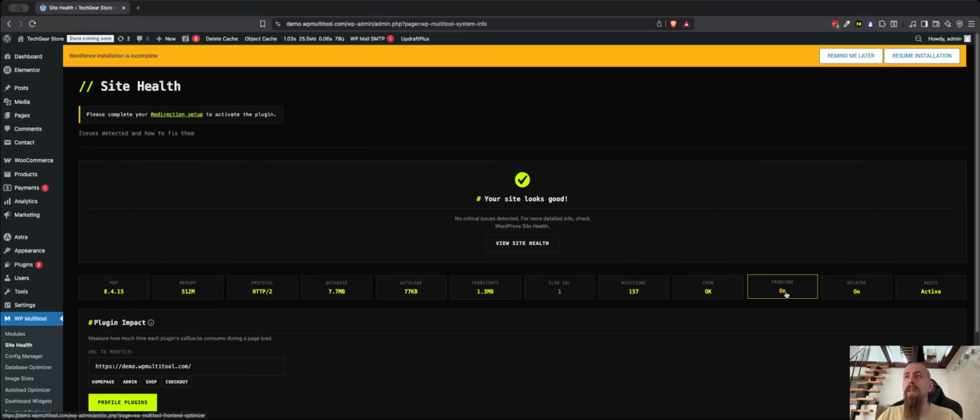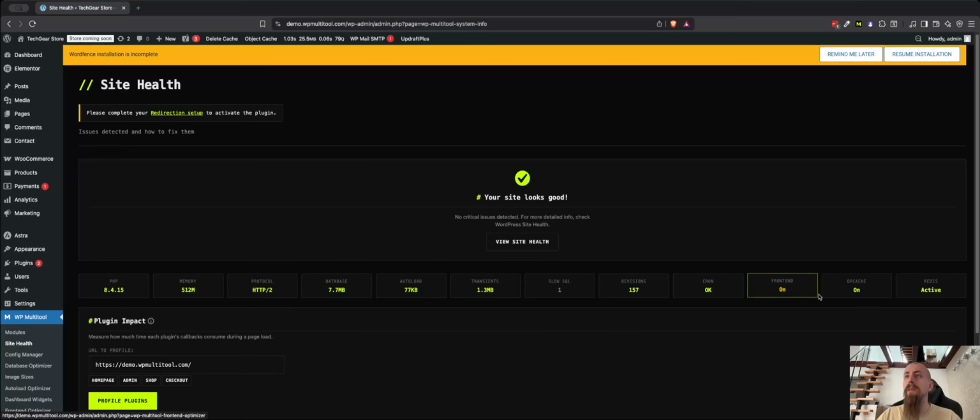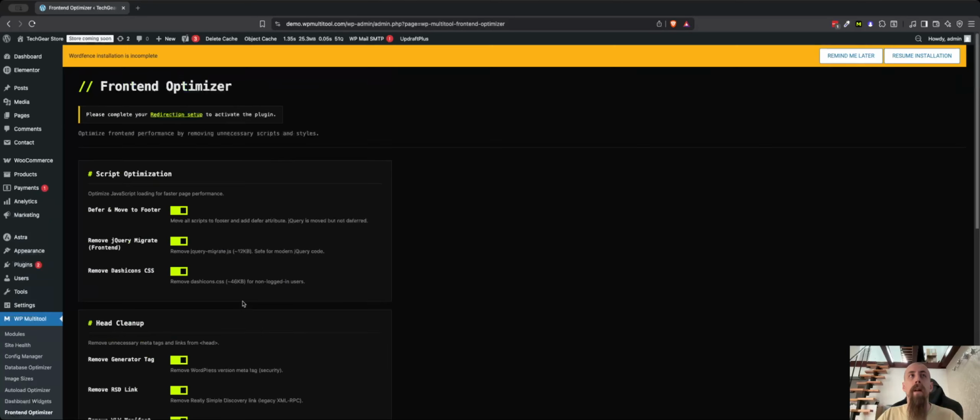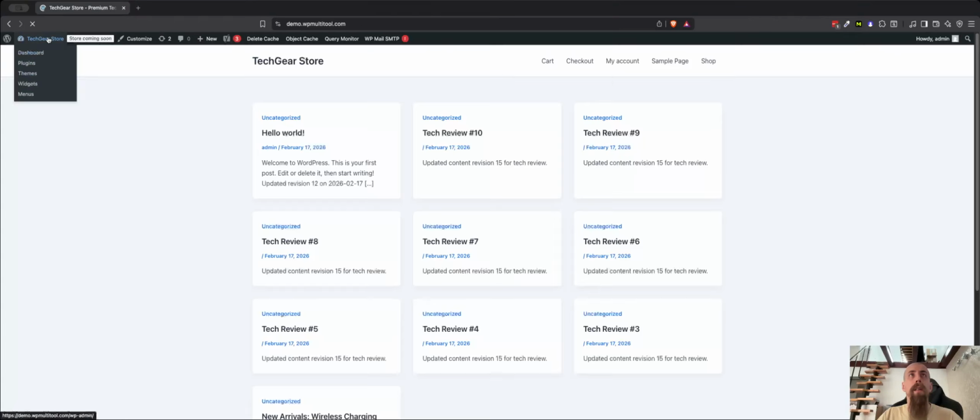it still is showing in yellow, so that's probably a bug. I'll check that later, but it should be okay now in green, because we've pretty much enabled everything out there. So that's supposed to show in green. But let's see now